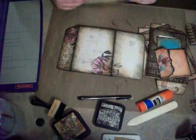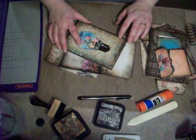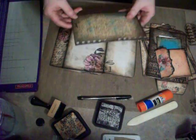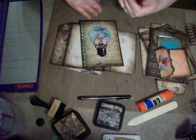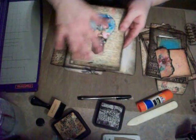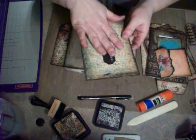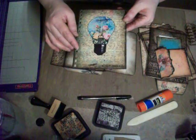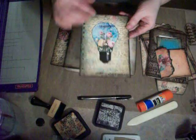And so far I've gotten my cover done, and there's something different about how Marion did her cover and how I did my cover. We did use the same papers. We inked. Look at my hands. I've been inking and getting grungy dirty. Love it. So I inked my edges, and I used